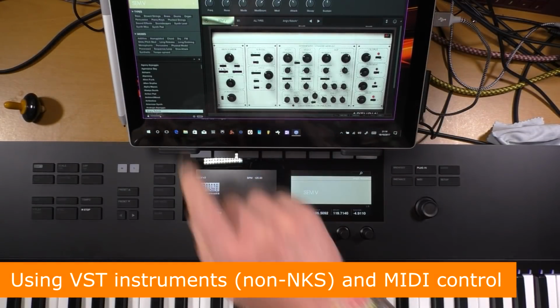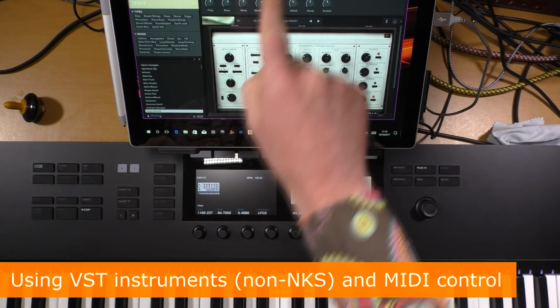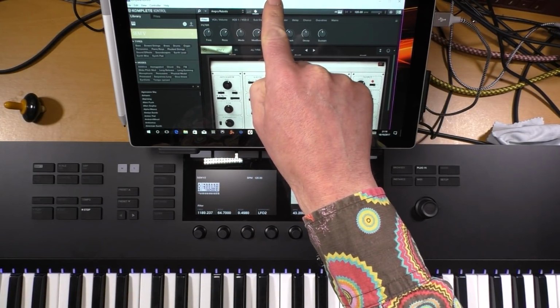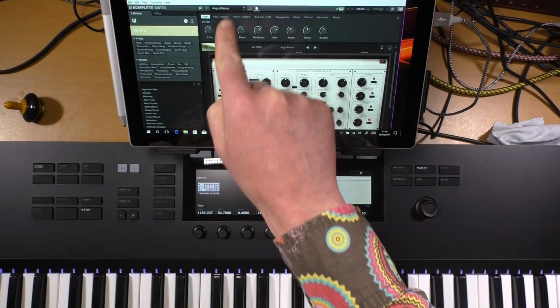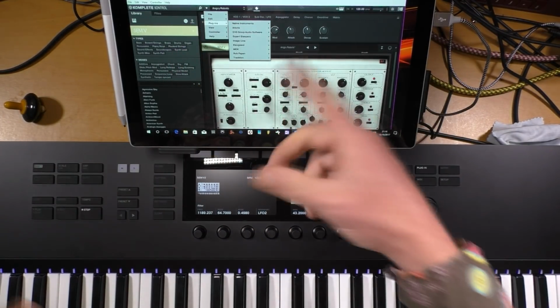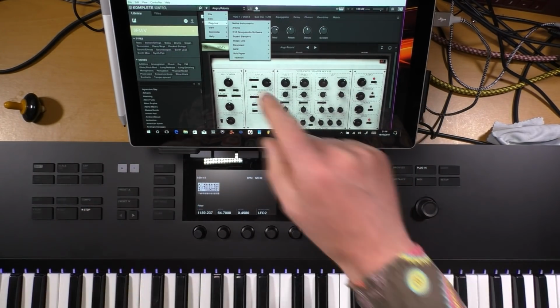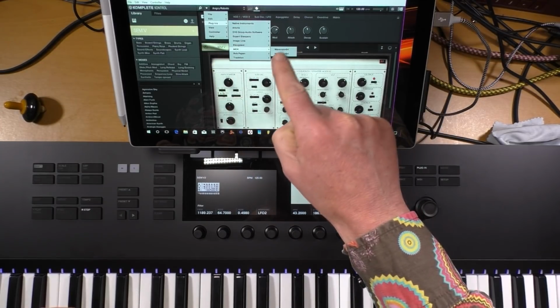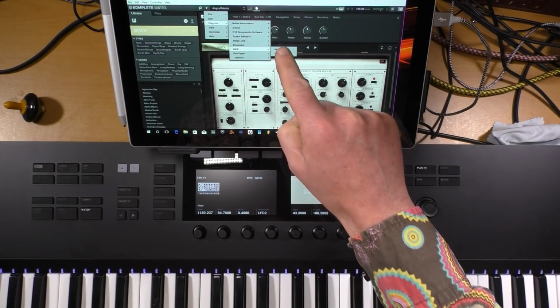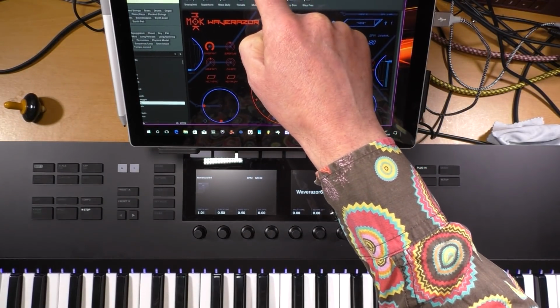You find the VST plugins under this down arrow thing here at the top. Can you see that? I'll bring this down a little bit further so you can see it in the screen. Here, little down arrow, hidden away, that one. Plugins, look at that. Then it lists all the plugins in your system. Lovely, and all the ones that don't have anything to do with Komplete Kontrol. So for instance, if I bring up Wave Razor by Mock, which is a flipping awesome synthesizer,